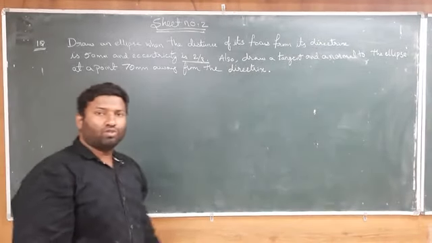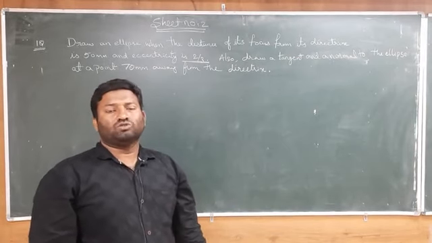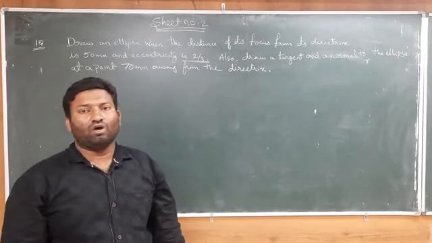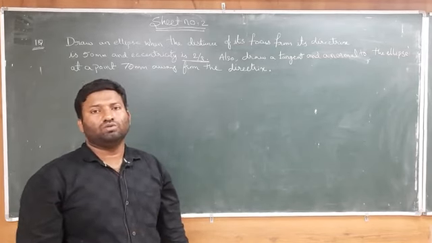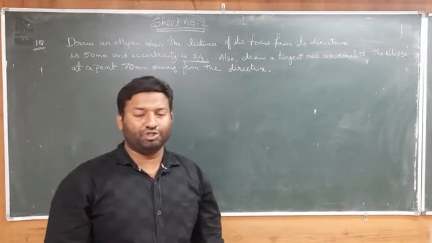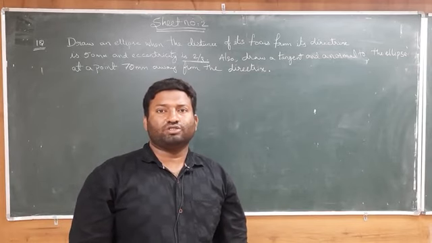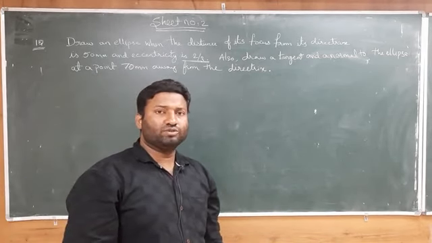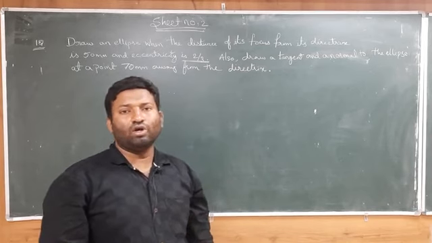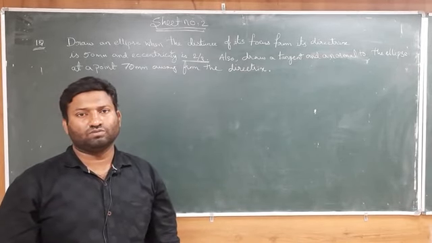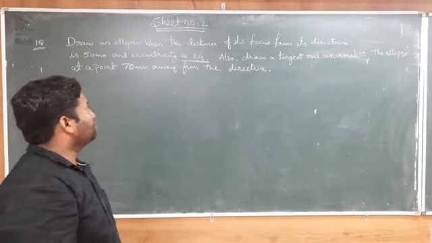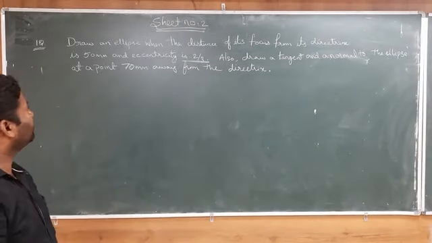Hello students, today we are going to start sheet number 2. In sheet number 2, we have to draw 3 diagrams which are based on the eccentricity. In these conic sections, we have to draw an ellipse, a parabola and a hyperbola. So for that, the first question based on the eccentricity, we have selected this one.